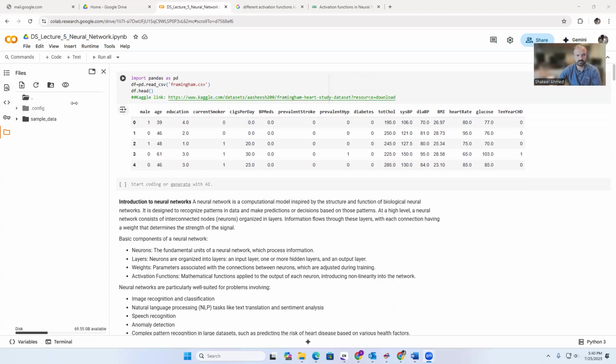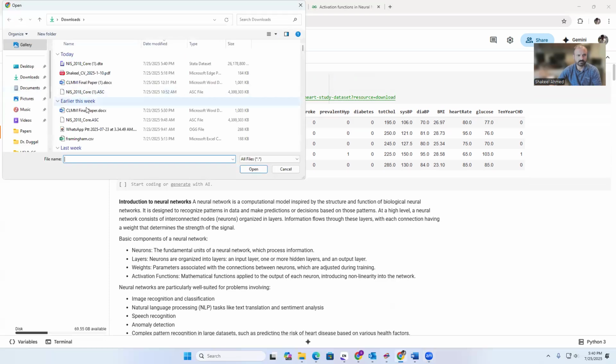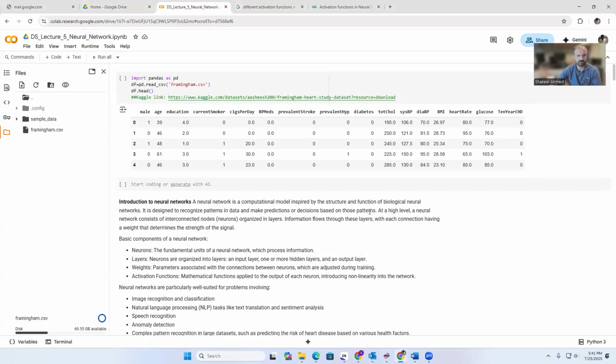Framingham heart disease dataset, chronic heart disease dataset, which I already downloaded on my computer, and we can upload it here, and then we can run this dataset. This consists of different demographic and clinical characteristics of patients and the chronic heart disease status, 10-year CHD. This is our study variable, and we want to predict the CHD status of different individuals based on the demographic and clinical characteristics of the